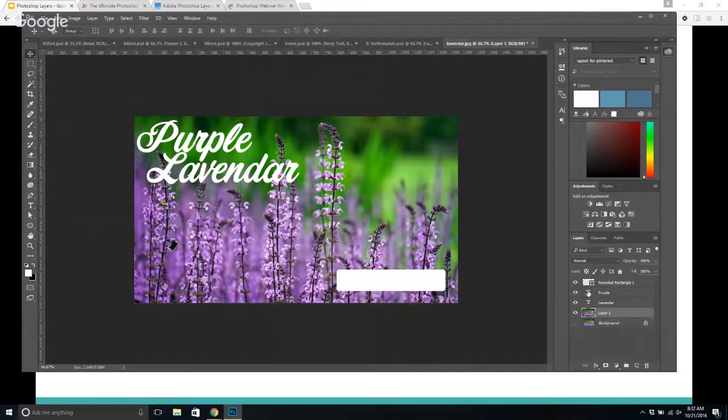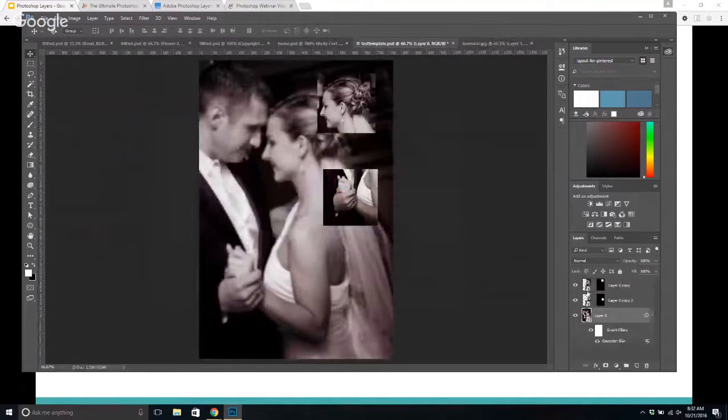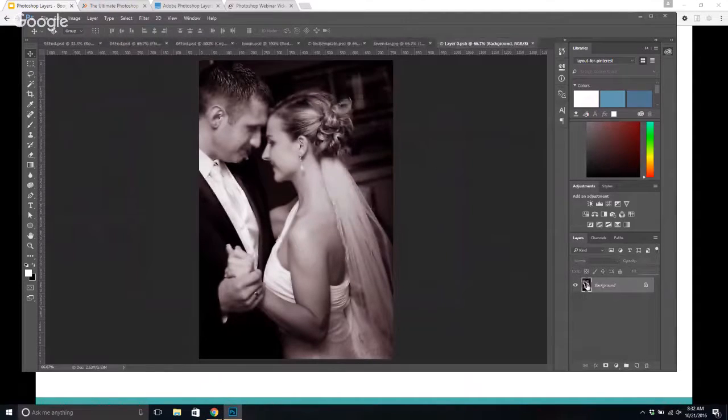But these layers have that, and they also have an additional icon here in the bottom right indicating it's a smart object layer. If I hover over that, I think I'll get a little text tool that pops up indicating smart object thumbnail. Plus you get this little mask next to it. So the way a smart object works is if I bring another Photoshop document in, it creates this smart object layer. If I double click on that,